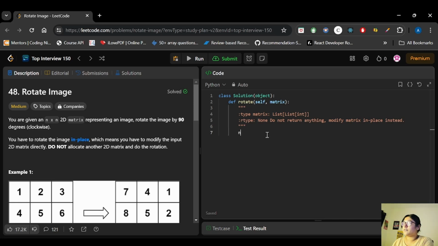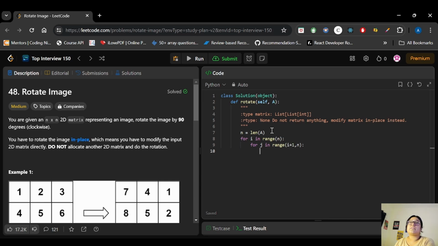Let me first take the length of the array. Okay, now we have the length of the array. What I have to do first is take the transpose, right? For that I was using i and j. For i we were starting from 0 to less than n, and for j we were starting from i plus 1 and going to less than n, right? So we will do the same.